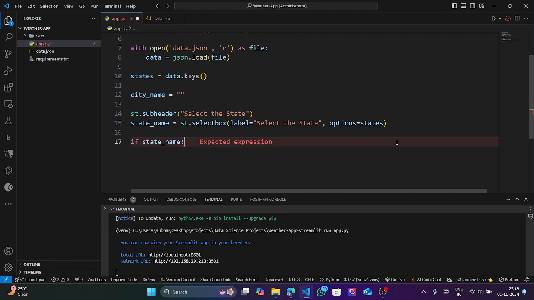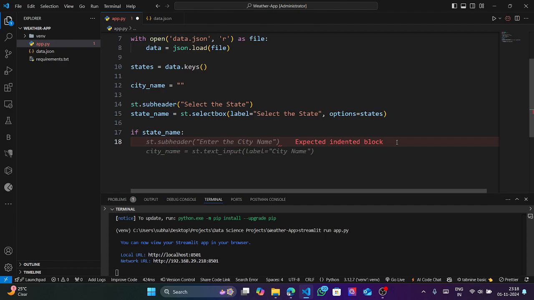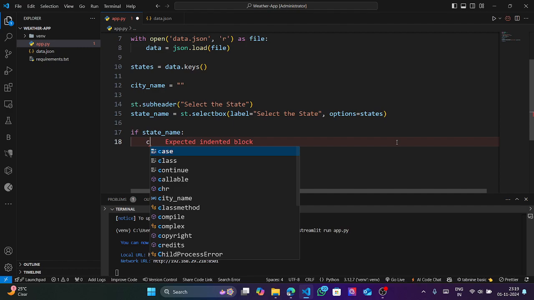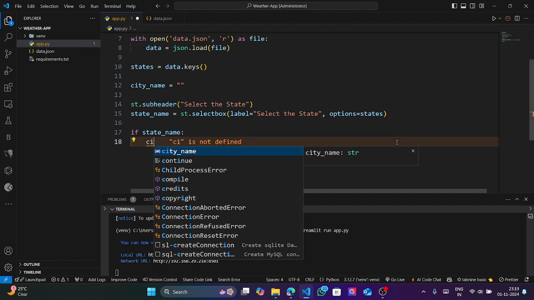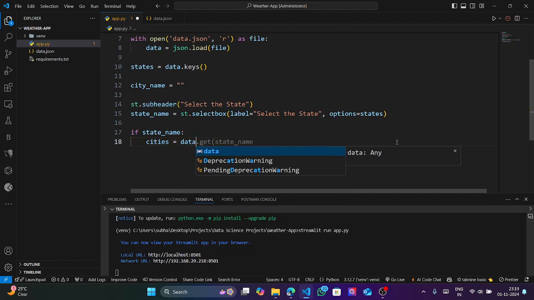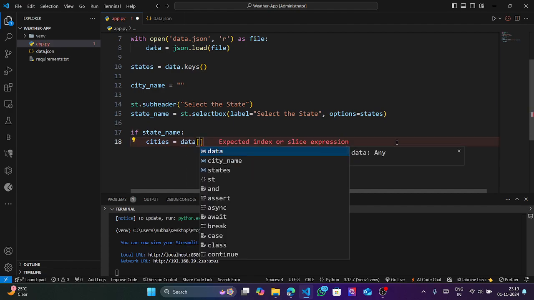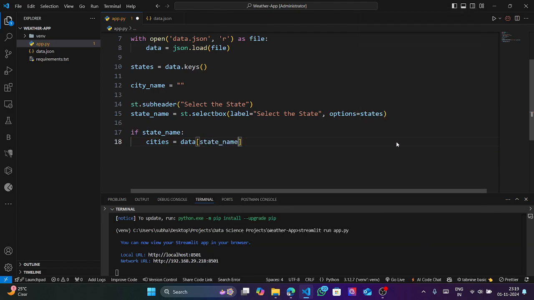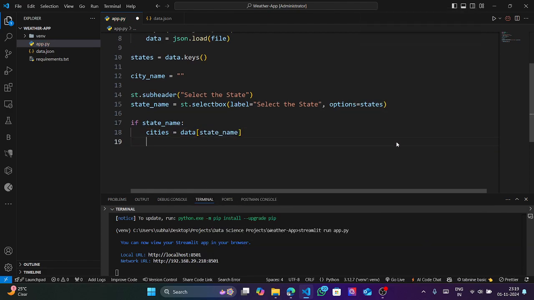If the state name has been given, we can find out the city name. So city equals to data.state names. Okay, so what we are going to get is, I'm showing you, city name equals to